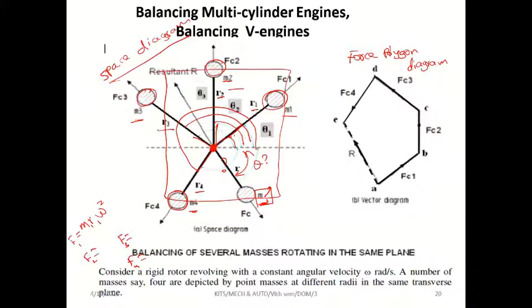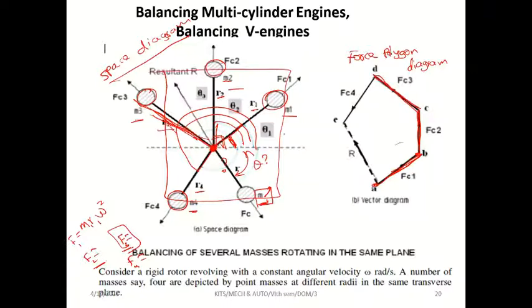Now we have to draw the diagram. How do we draw it? This angle, first angle, theta 1, first force value. You have to draw based on that theta. The second theta value is 90 degrees, no? So the second force value F2, draw here. Third force value, this one, in this direction, and with this value, draw it.